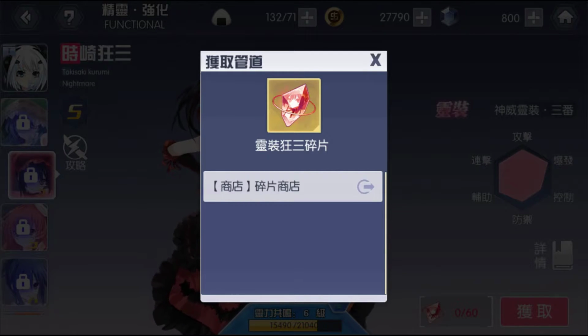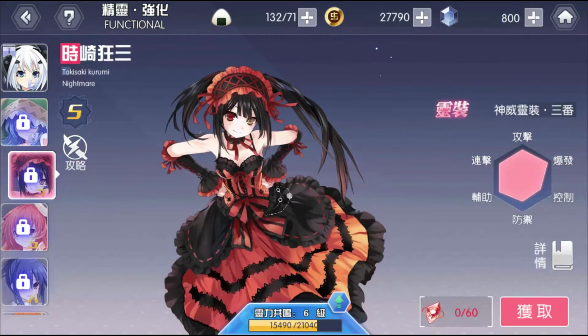For CN, we would use the red hearts to pull for Kurumi. And for the yellow hearts, we use those for double S rank, which so far has been Inverse Toka and Mayuri. The reason why I'm stating this